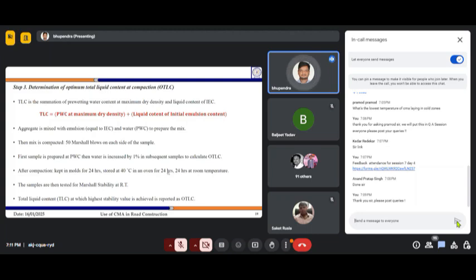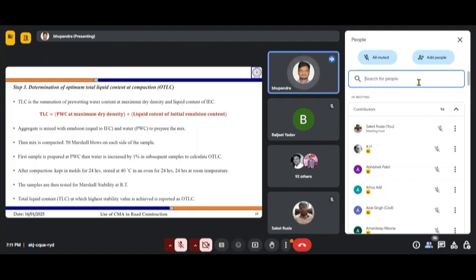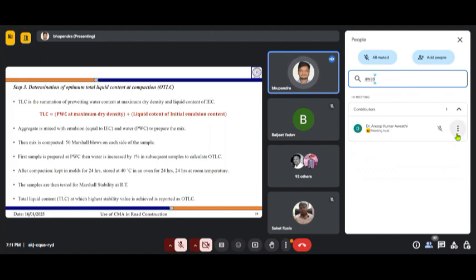Then we take it out again and leave it for 24 hours at room temperature. After that, we test it for Marshall stability. The liquid content at which we get the highest Marshall stability, because you have prepared the samples at different liquid contents, is called the optimum total liquid content, OTLC. That is how we get it.